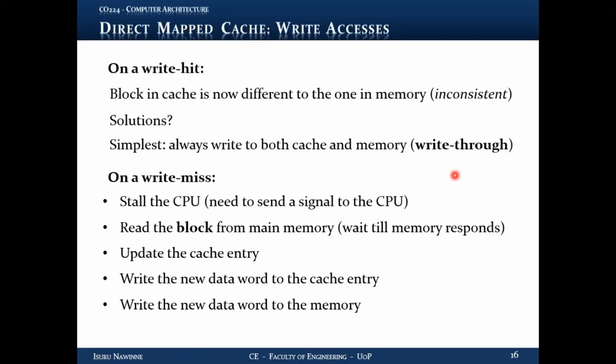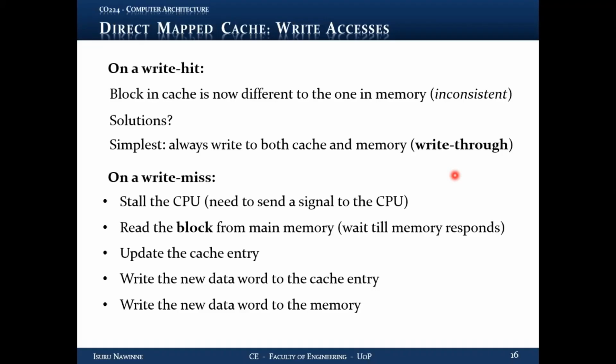Then send a read request to the memory to read the missing block, fetch the missing block from the memory, and you had to wait until memory responds because memory is usually a lot slower than the cache. So many cycles you have to wait until memory responds, and once you receive a response from the memory, that is the missing data block,